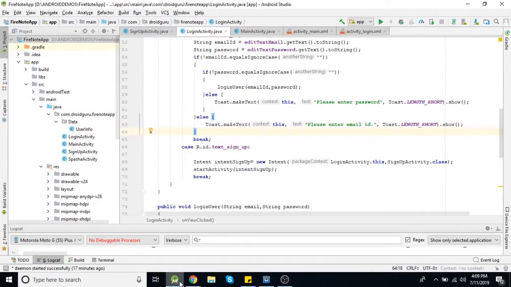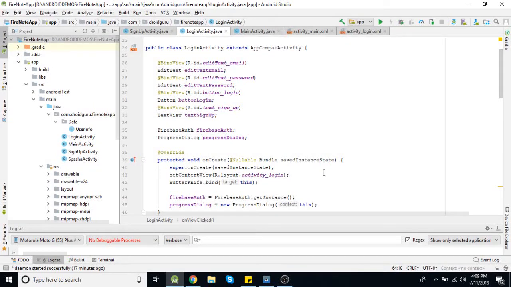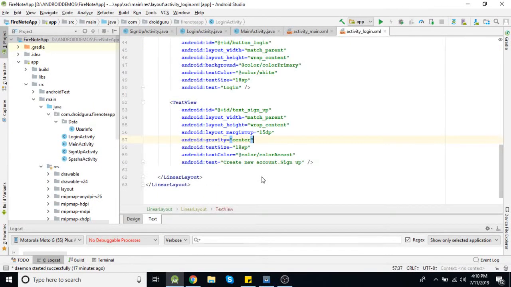In previous lectures, we have seen sign up and login process. Now we'll see how to use OTP login, and one more functionality is there, that is forgot password. So let's first see forgot password functionality, and for that we need to create an option from where the user can use this. So I'm adding this option in login activity.